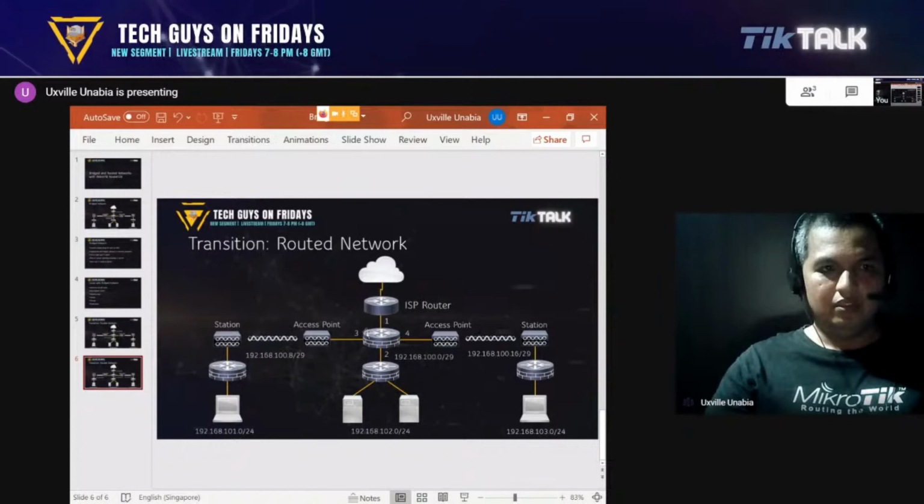So this particular network has 6 usable IPs. So one for your router, one for your access point, one for your station, one for your router, that's 4. And you can have some extra 5 and 6 and other stuff. So halimbawa, Sir Bullet, kung ito talaga is